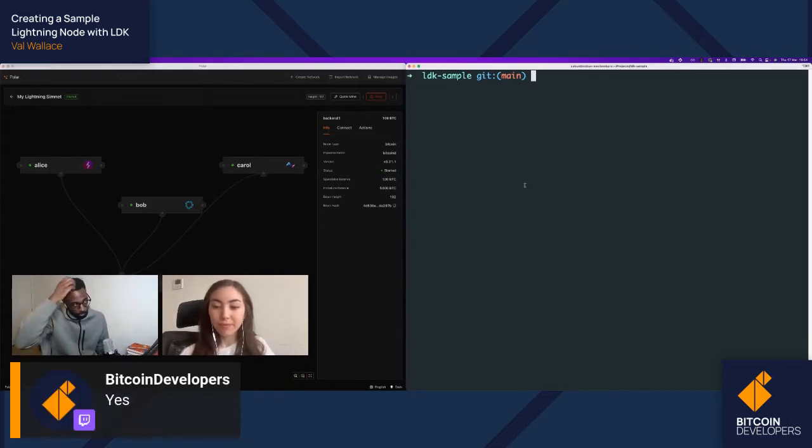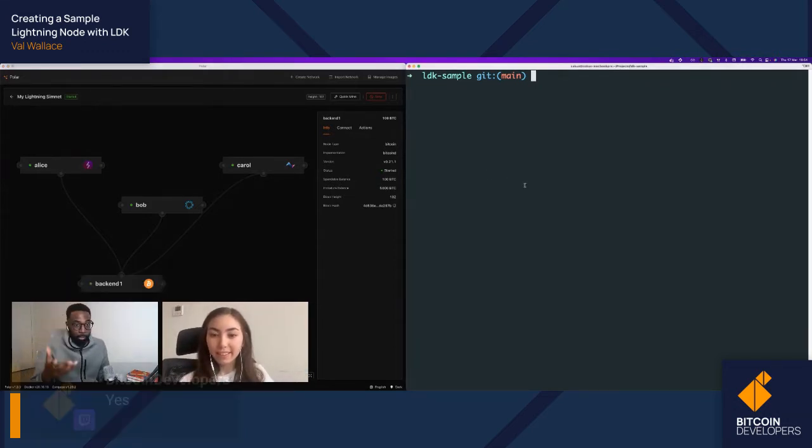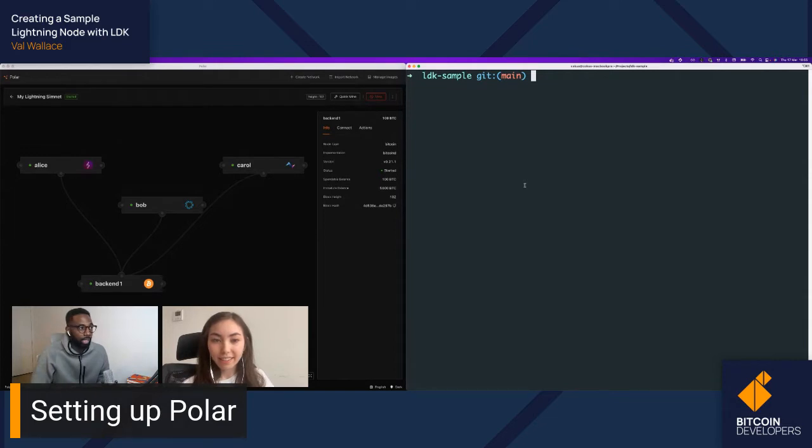So, Polar setup done. I'm in my LDK node. What's the first thing I need to do? Well, if you go to the README, you'll want to start it, get to the CLI, so cargo run. Yeah, okay. I think I had it somewhere. Let's have a look. So just so we can show the people as well,